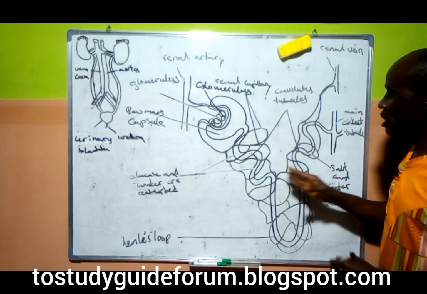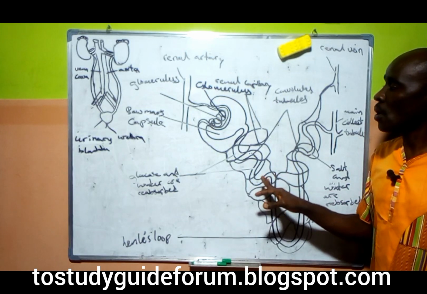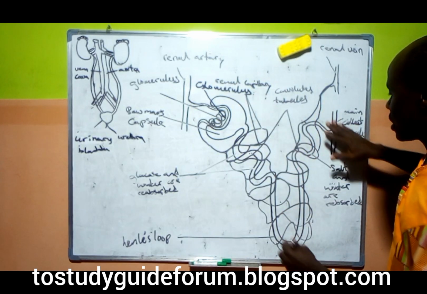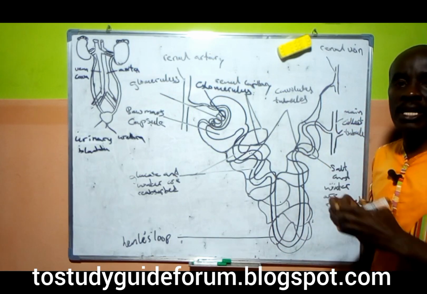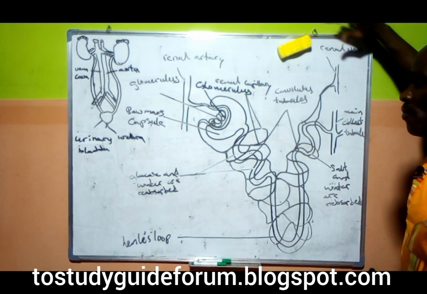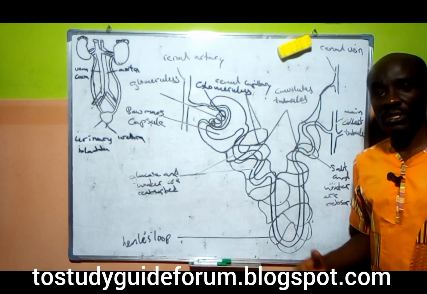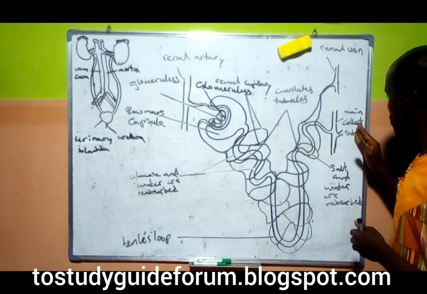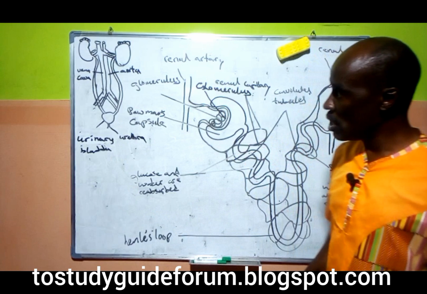Now, what happens here? The convoluted tubule has capillaries around it. From the capillaries, all the blood is drained back into the renal vein. In the renal vein, the blood moves back into the circulatory system, and the concentrated waste product is then moved down from the collecting tubule